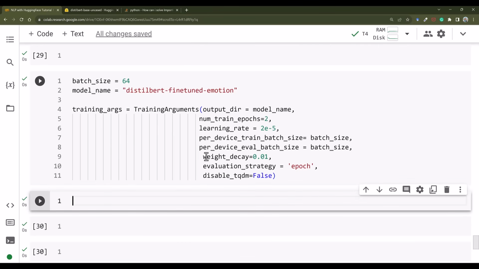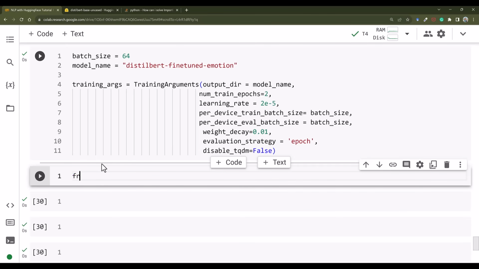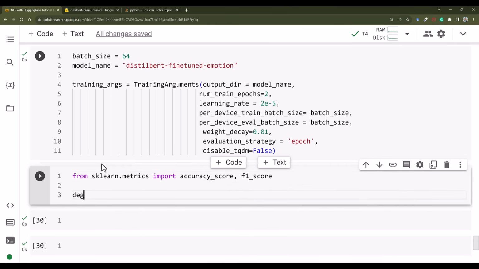Alright, so we were also discussing compute metrics. That means how evaluation will be done. Evaluation will be done after each epoch, and we will be using accuracy and F1 score to calculate our evaluation metrics. So for that you need to import from sklearn.metrics import accuracy_score. Thereafter you need here f1_score. Thereafter you write here def, that's define,